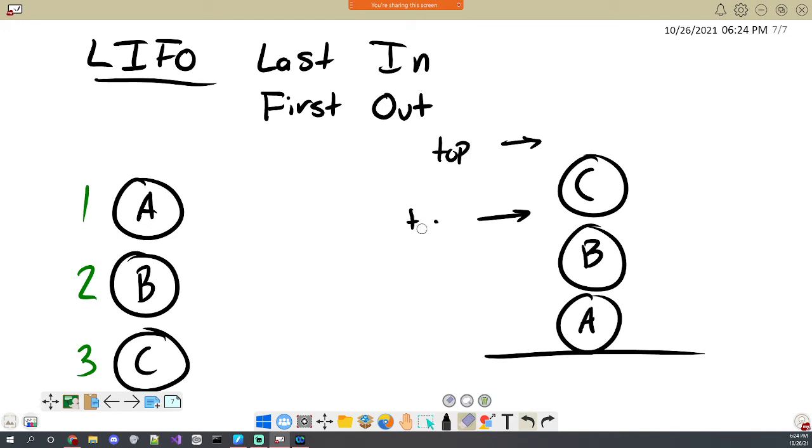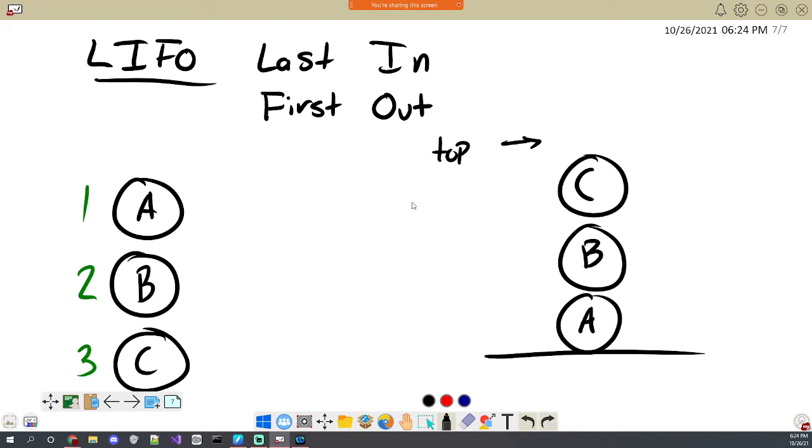So you can imagine it's almost like a line again, except the thing that shows up last is always at the top. Now, if you envision this like a real stack, where this is just a stack of rocks or something, then if I remove something that's at the bottom or somewhere in the middle, then the rest of the stack is going to topple over and crash. And the only safe way to remove from a stack then is to remove whatever is at the top.